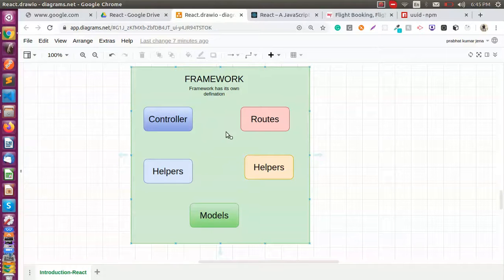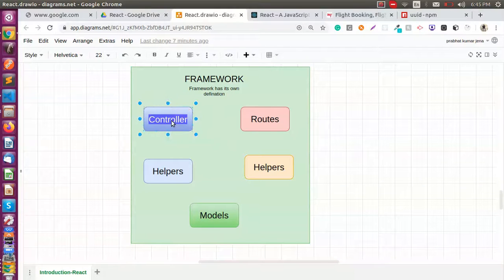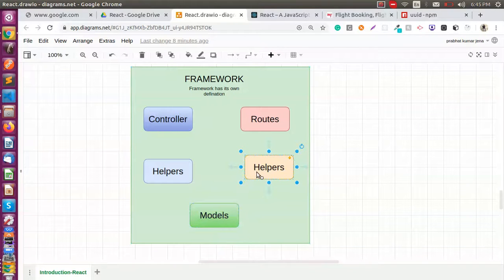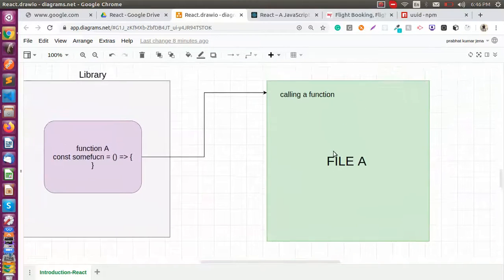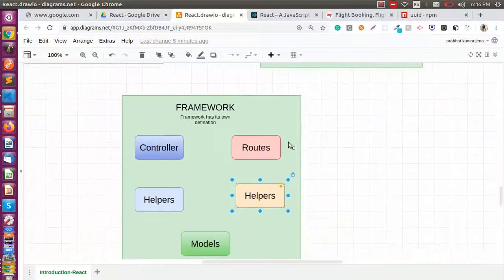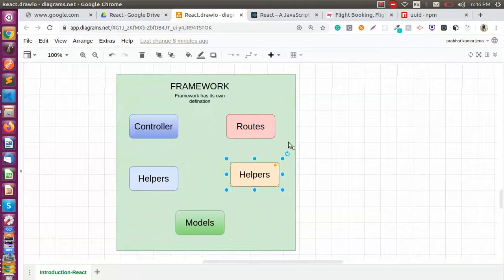We have to write our API logic in the controller, make the database connections in models, and write helper functions in helpers. It is suggestive, but in the case of a library it is not. When we require it, we call that library and it does our task. This is the basic difference between a library and a framework.